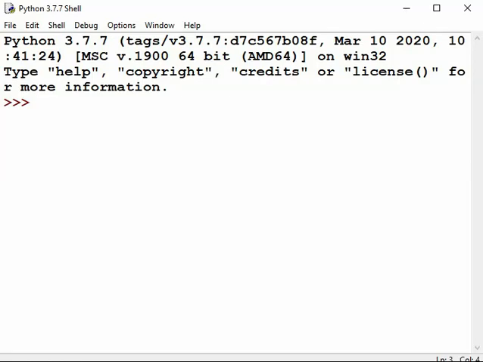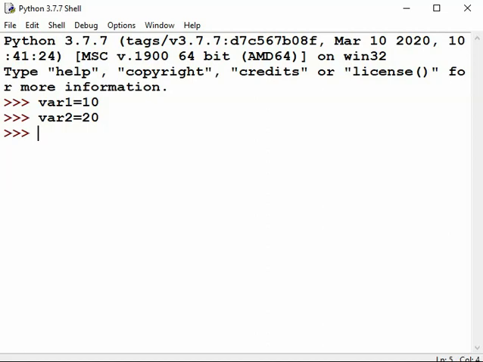Let us see. First, we will create variables of type integer. Variable 1 equal to 10, variable 2 equal to 20. These are the two variables which contain whole numbers. How do you know that it is integer type?